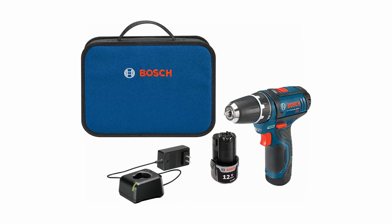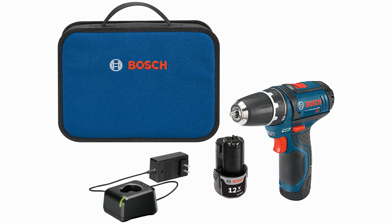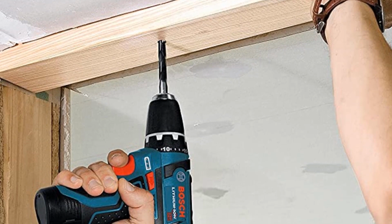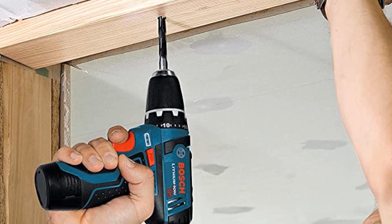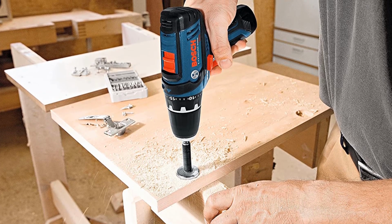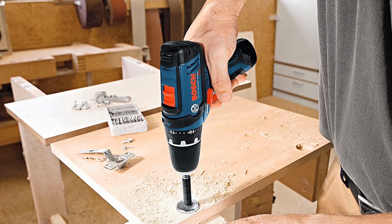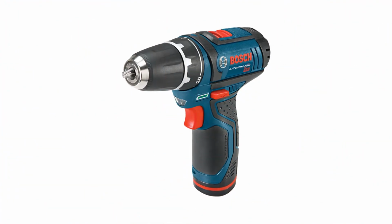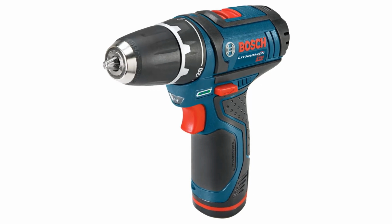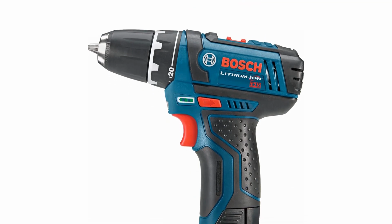Unfortunately, it can't quite compare to the drilling and driving performance of the top-tier, higher voltage tools. It struggled to drive the 1/2 lag screw in and complained when getting the 5-hole saw to its full depth. The battery life here is also somewhat lackluster. The Milwaukee M12 Fuel 12-volt model barely outscored the Bosch overall. Still, we found the price of the Bosch to be more enticing than the marginal improvement the Milwaukee offers. This Bosch tool is a compact option that's a good bargain and more than capable of handling light-duty tasks and